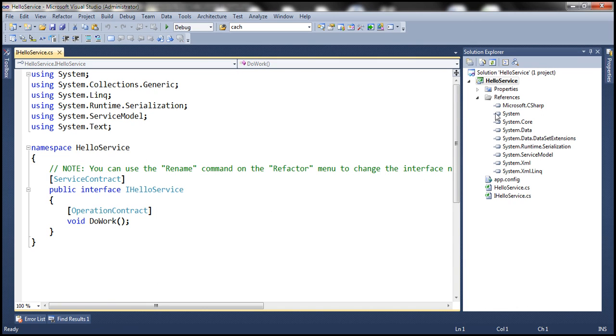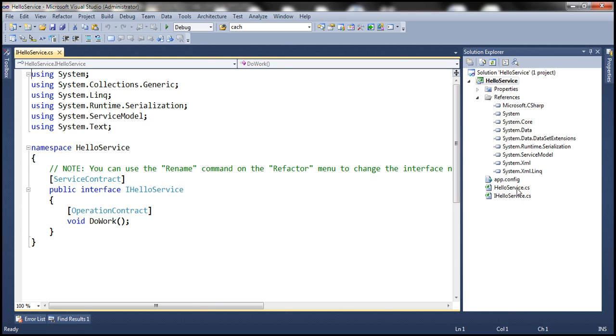Look at this, adding a WCF service did two things here. The first thing is it has added a reference to System.ServiceModel assembly. System.ServiceModel assembly is the core to WCF. All the attributes and classes that we use with WCF are present in this assembly. And the second thing is it has added two class files,